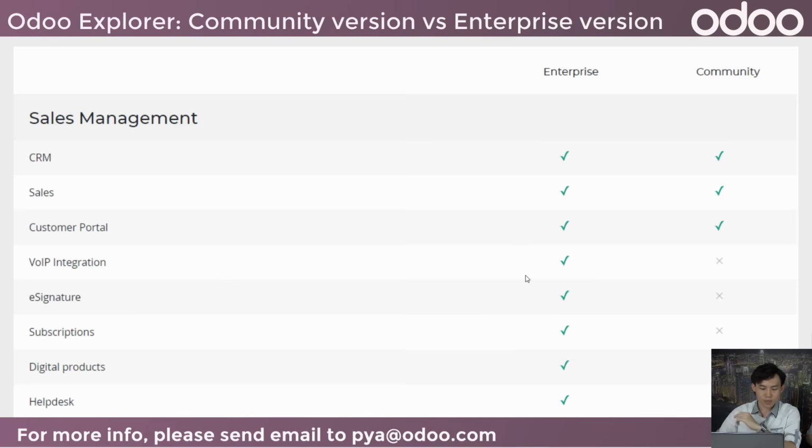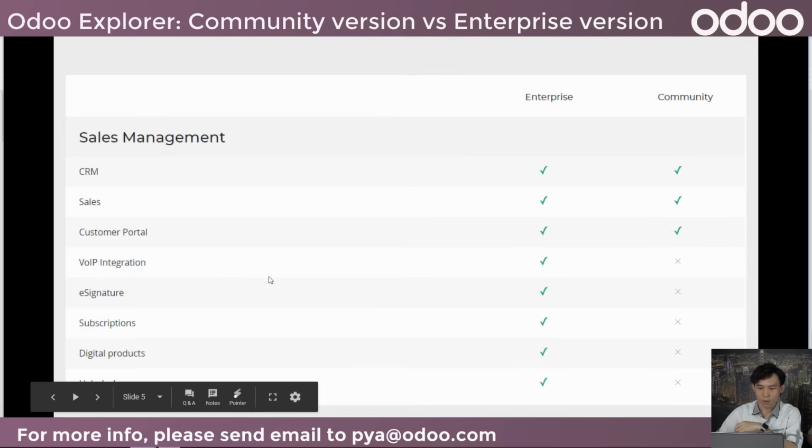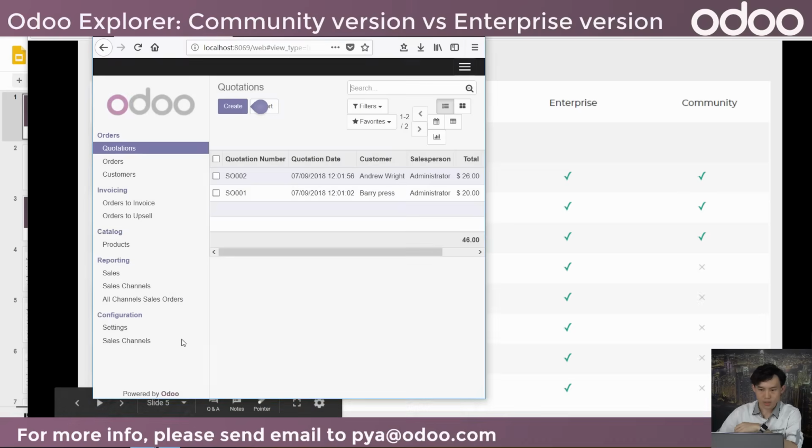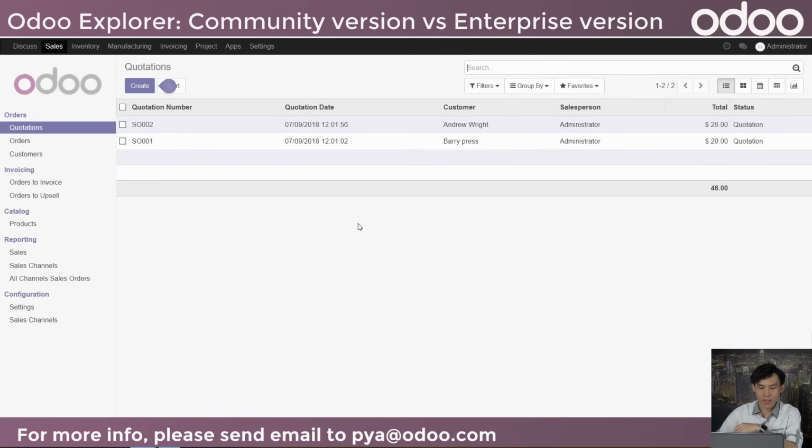And in the enterprise version, it also supports digital products and help desk, which is to help you manage all the support tickets from your customers. So let's take a look for now. For example, I'm going to show you what I mean by the e-signature, which I imagine would be quite useful for some of our users. Okay, so here in the community version, as you can see, I've created quotations for